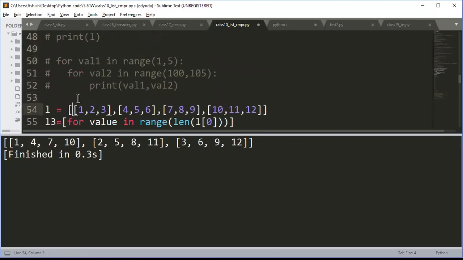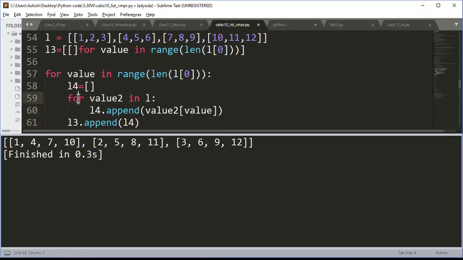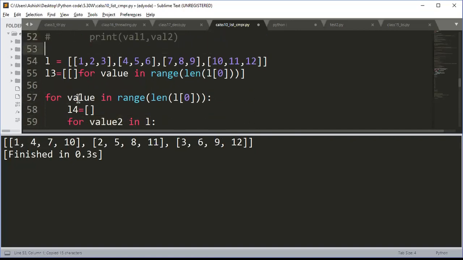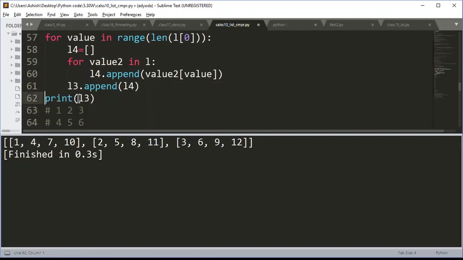If I want a list inside a list, obviously I'll be writing something like this. My this loop will go here. So now I'm iterating over this, so now I'll get 1, 2, 3, 4, 5, 6, 7, 8, 9. But from that I need to pick this value. So here I'm saying